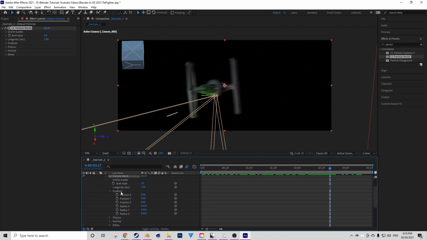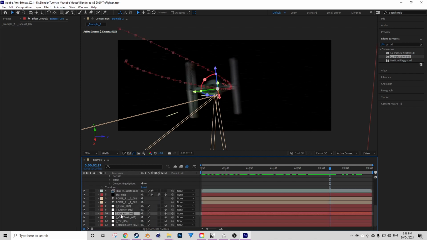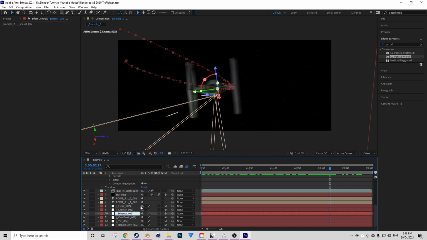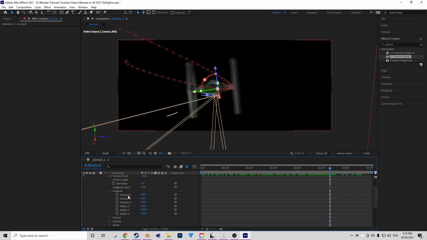first things first, actually, before we do anything like that, let's actually rename this exhaust by right-clicking, renaming it, and we'll just call it something easier to remember. We'll call it EX track. Perfect. In fact, let's get rid of the cap just so it's even easier. X track. Okay. So back onto your particle producer, we're going to hold down Alt key and then click the